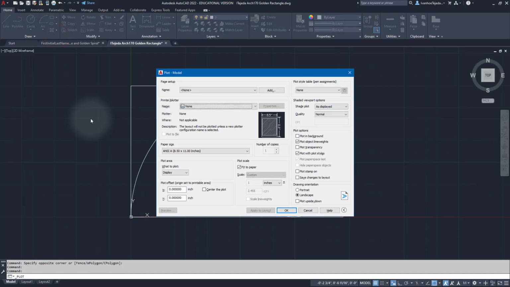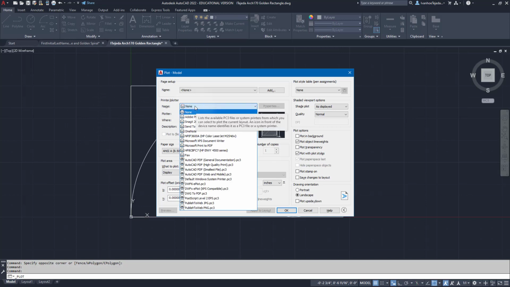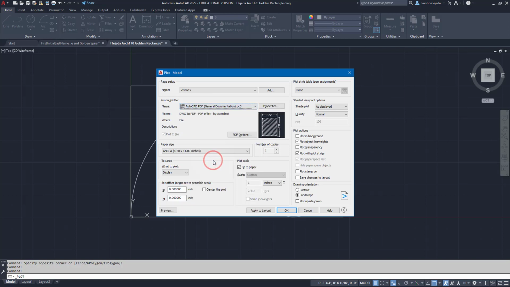Here are the settings. For the printer, I'm going to select AutoCAD PDF, General Documentation. For the paper size, ANSI 8.5 by 11 is fine. For the plot area, I'm going to select Extents. I'd like to center the plot,